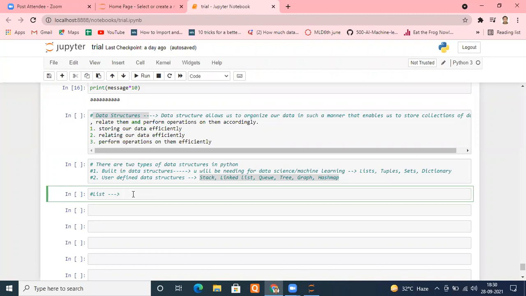So how do we define a list? It's a sequence of objects of any type, and we represent it by these square brackets. Remember what is written: sequence of objects of any type. I repeat, any type. It can be a number, it can be...